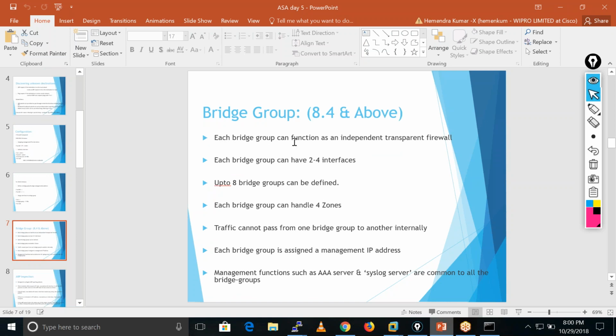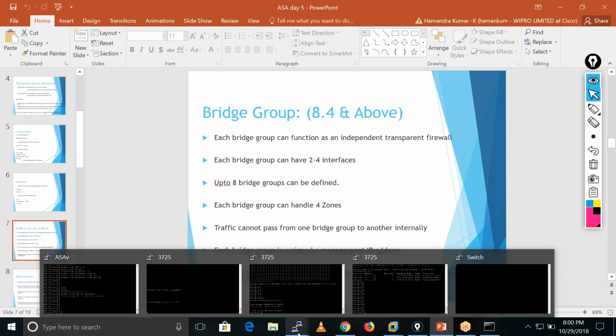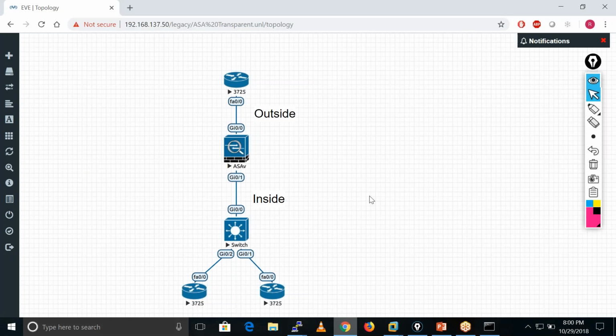Each bridge group can function as an independent transparent firewall. So what is the use case of having bridge groups or BVI interfaces? Let's suppose in our case I have one more network, one more switch here, a DMZ switch.